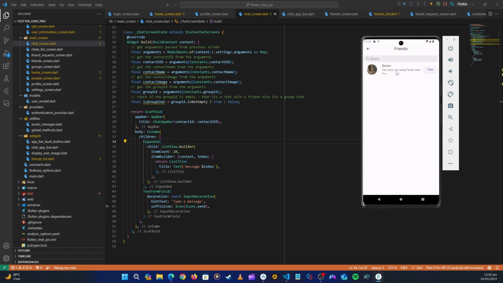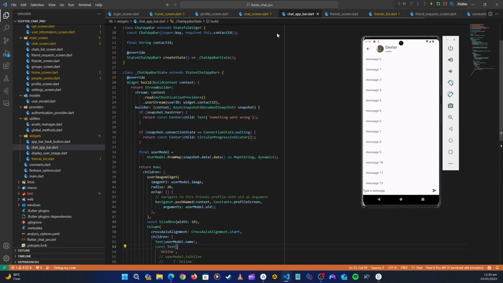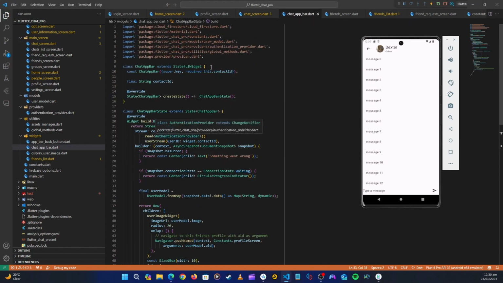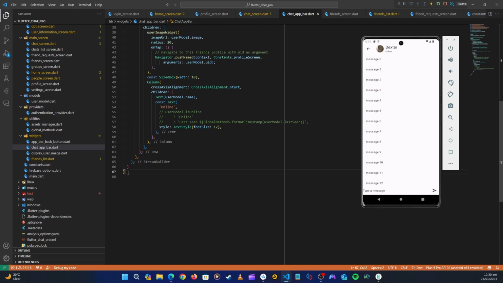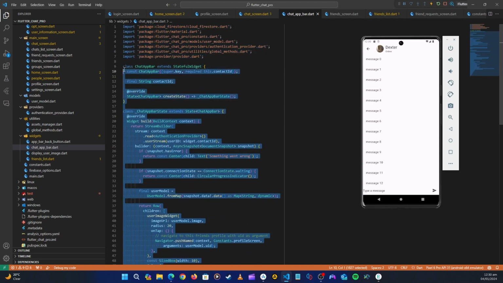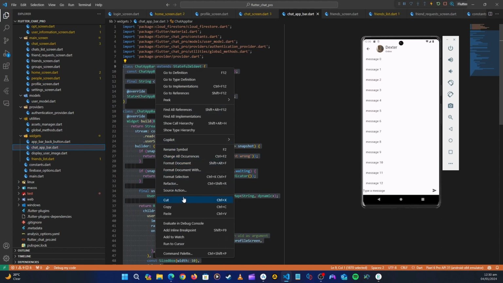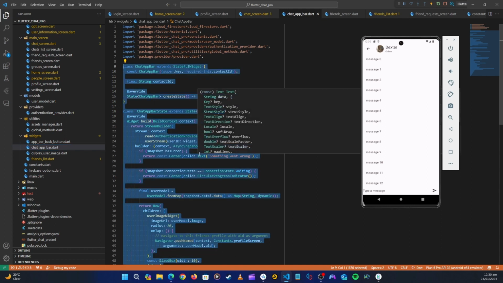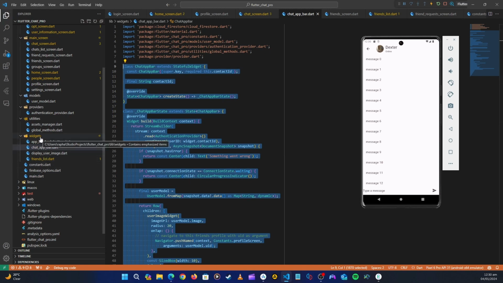So this user, you know that it's getting this data, and then we are showing the app bar like that, okay? So I think the group app bar is also simple because it's going to be similar with this, okay? So let's go to the chat app bar here, and then let's just copy it. Let's copy it, and then what we are going to do is create another one here,